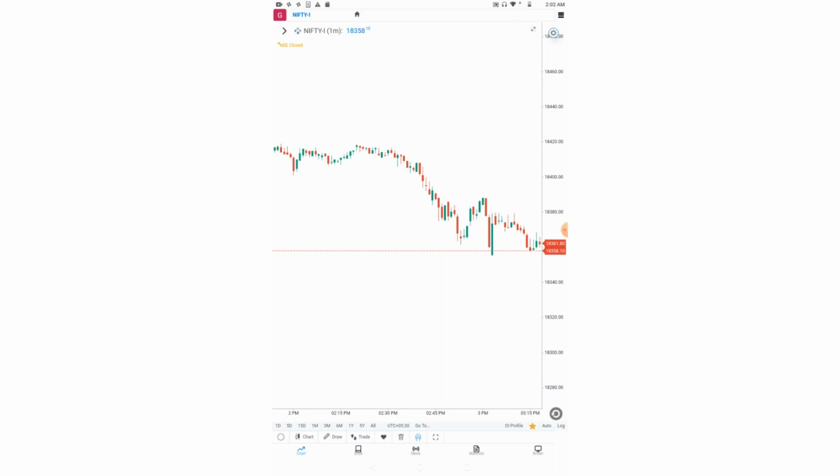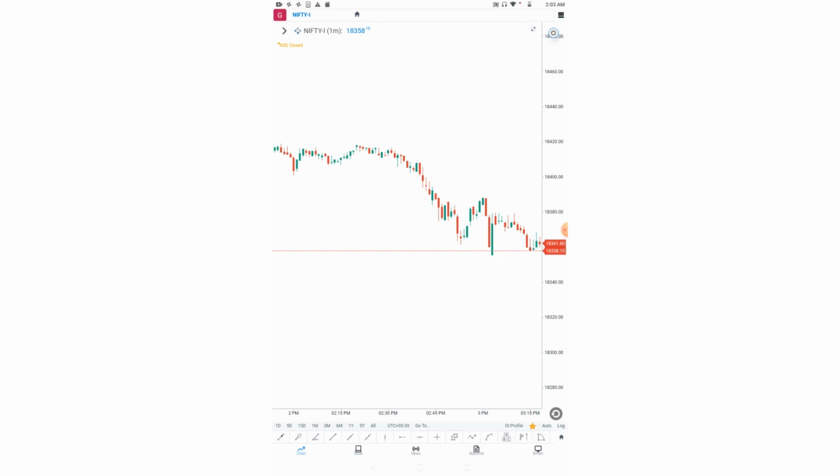So I will first click on the draw, and we can see here various options like trend lines, normal line, vertical line, horizontal ray, horizontal line. We also have these fixed range market profile, fixed range volume profile, and we also have various tools. You need to slide it to the right side and see various tools associated under the draw mode.